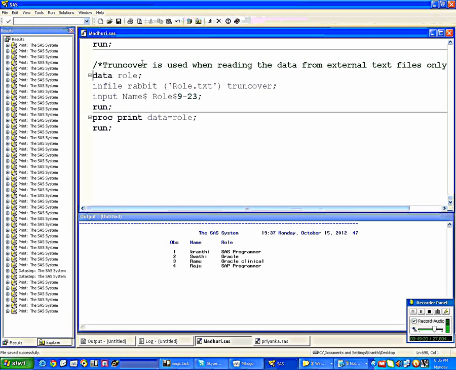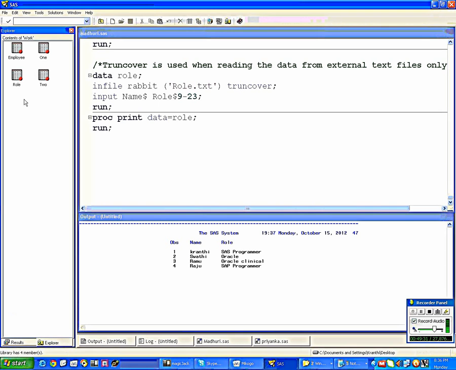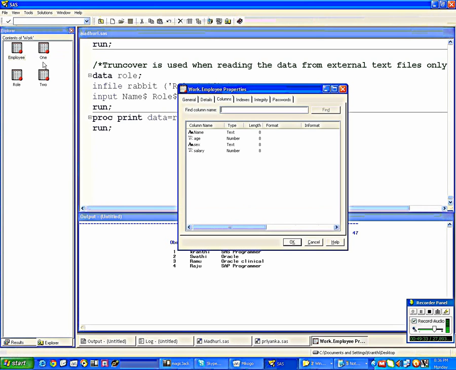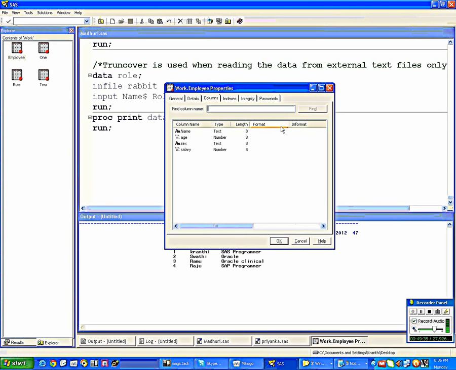Clear? So today we did the properties of the data set. We did what are the properties of the data set? The attributes of the data set are nothing but, see, the attributes means when you open any data set here, just click on the column. Now see, these are the properties of the data set. So it's a very, very important one. The variable name, then what type of variable it is, whether it is numeric or character. Okay, then what is the length?